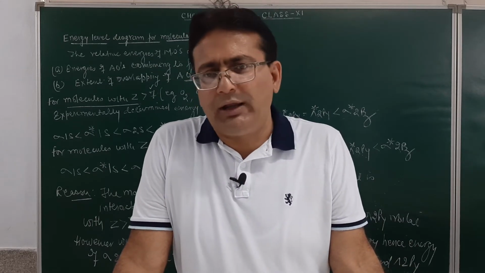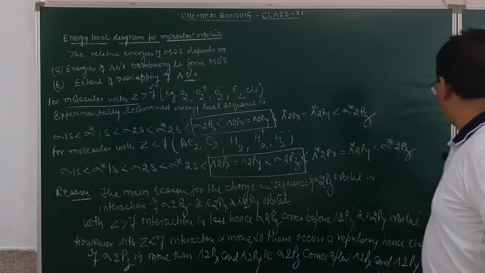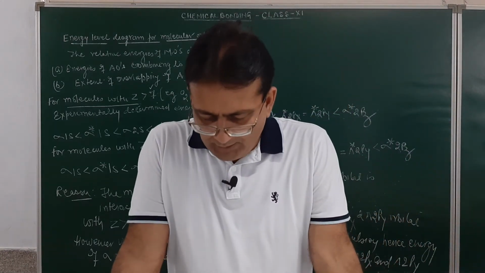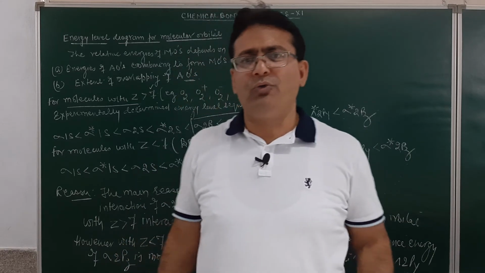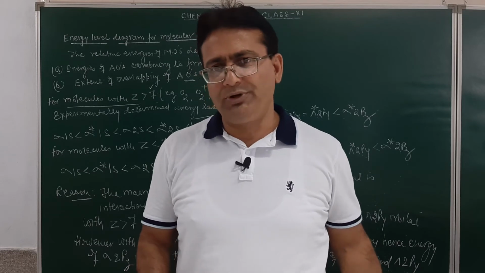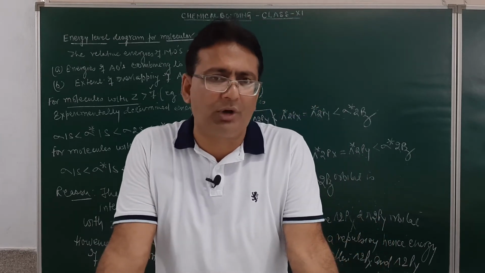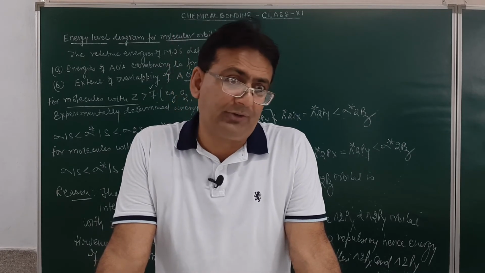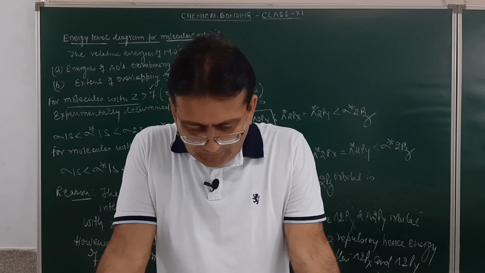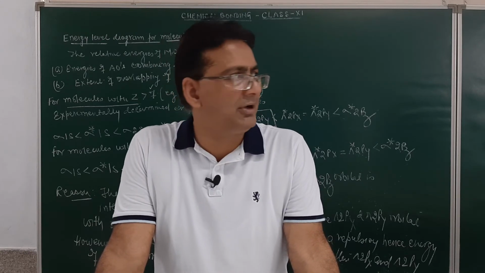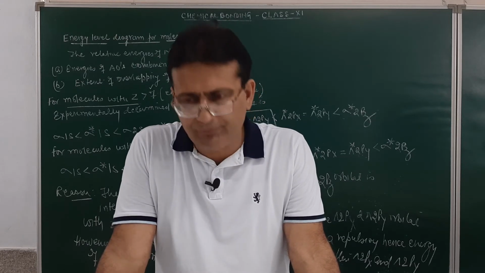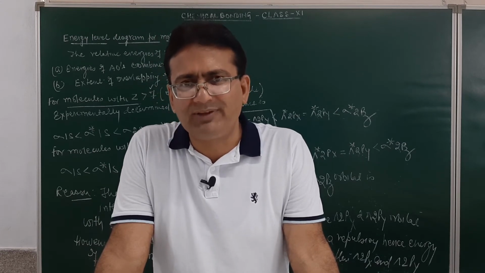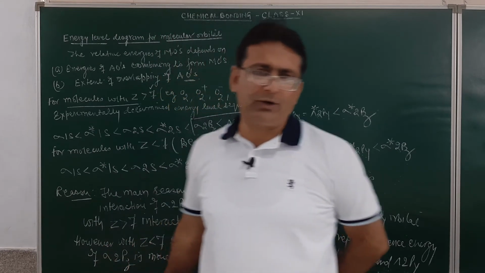Now what is to be done? We will be distributing the electrons in the molecular orbitals. So we must know the various rules for filling the molecular orbitals. The rules are the same as in the case of atomic orbitals. The orbital with the lowest energy is filled up first. Each orbital can accommodate a maximum of 2 electrons. And if the orbitals have the same energy, first they are to be filled up singly, and only after that is the pairing of the electrons done.